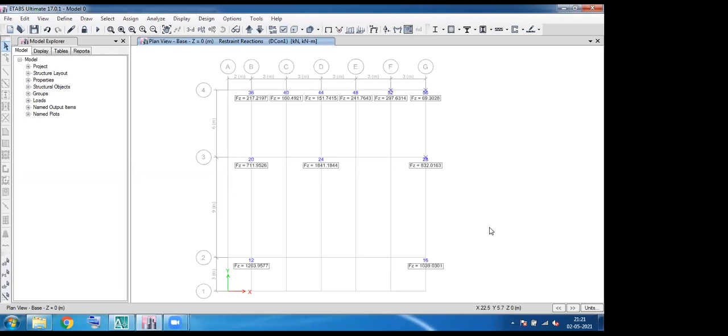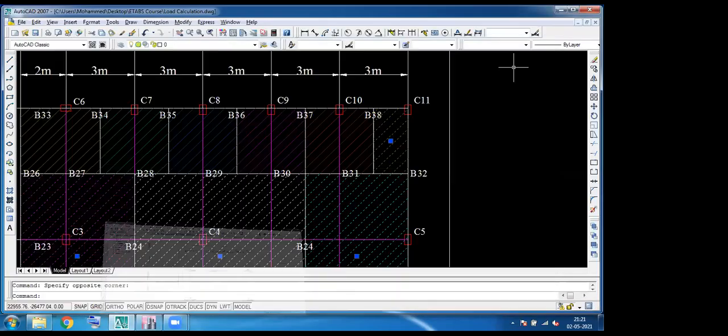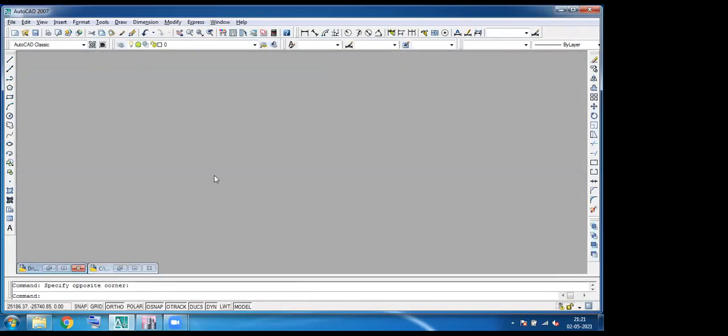In order to create a detailing for a slab, we need to go with SAP 2014, or otherwise in the previous version, ETABS 2016, it will by default provide a slab design. In our course, we will also see slab detailing. Right now I have the detailing with me for another structure.